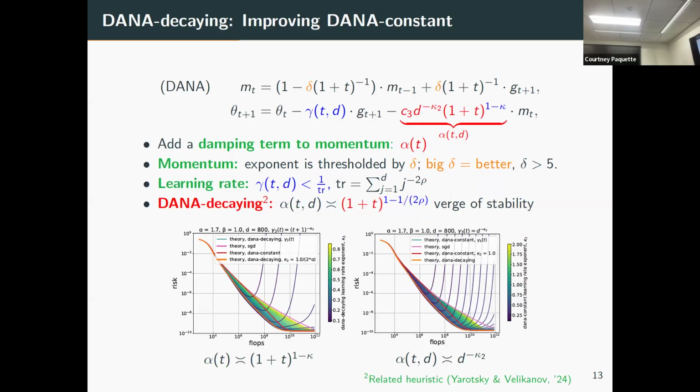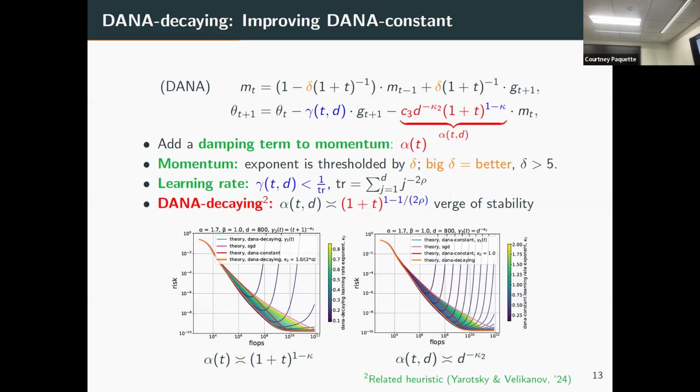So what do I mean by that? If you look at alpha t, where you let it be, oops, sorry, this should be 1 plus t, so it's like d to a minus power. And you run this for different powers. When your power is too big, or too small, it will diverge.